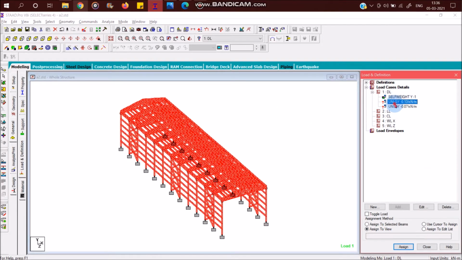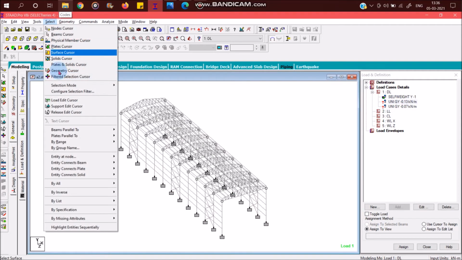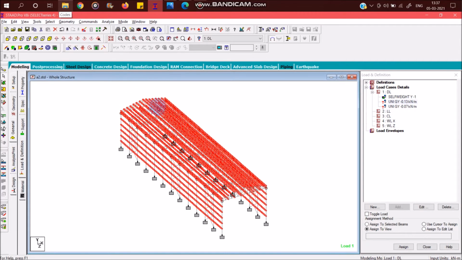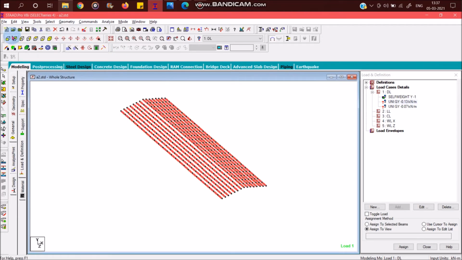Now these two things I have to provide for my purlins only. So I'm going to select beams parallel to Z axis. That way I'll have my purlins only. So I'm going to go to view selected objects. Then again I want only, click on shift K so that you can see. Again I want only these things. So again view selected objects only, you'll have this. So you have these things.